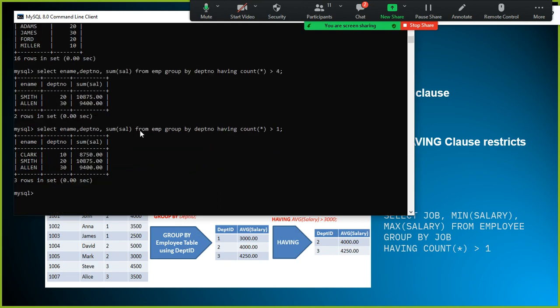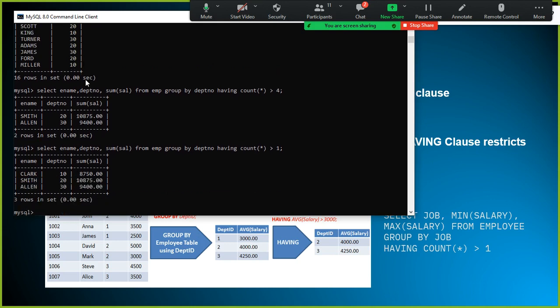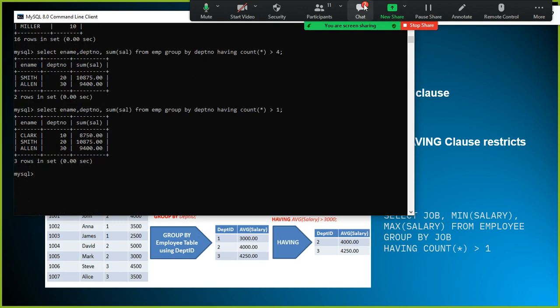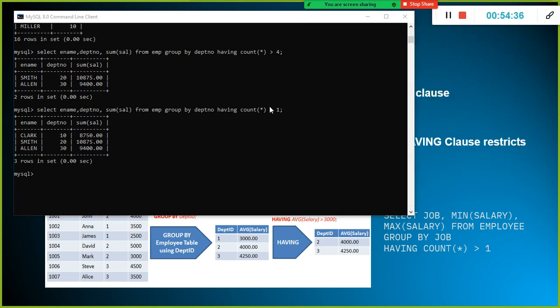Okay. Instead of saying the name, I should have said the department number. We wanted to find out the salary department wise, wherein the department number appears more than once. For that group alone, we want to find out. Look here, department number 10 appears 3 times only. When I use 4, it has gone. Right. 10 is 3 times, very good, right?